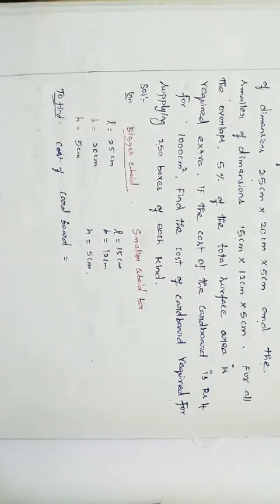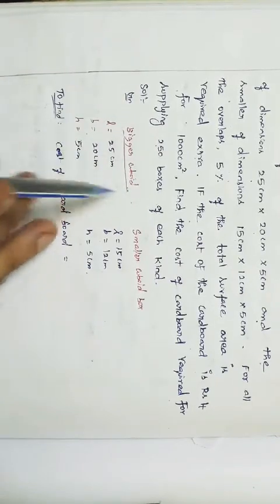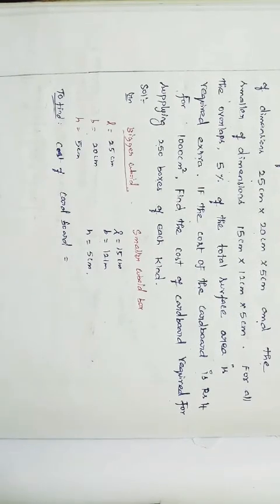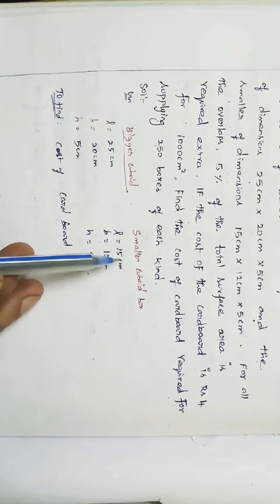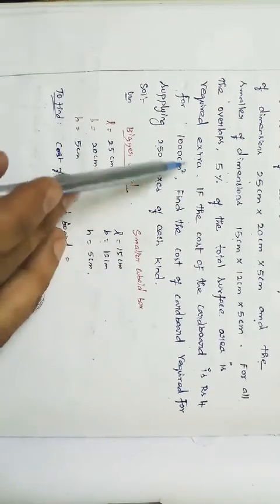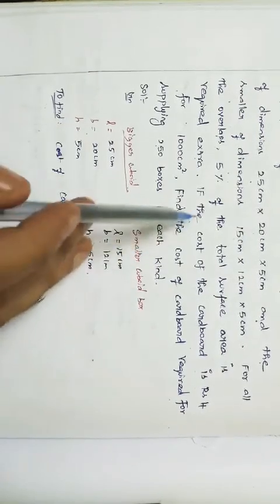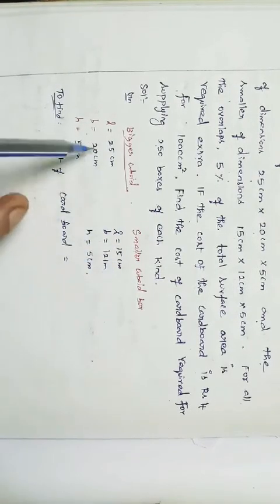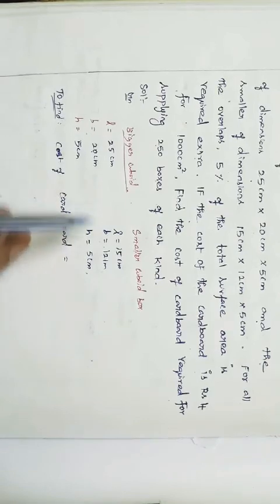So here first we want to find the area of the bigger cuboid box and the area of the smaller cuboid box, right? First I am going to find the total surface area of a bigger cuboid and the total surface area of a smaller cuboid, right? Totally 250 boxes in each, right? So we can add these two total surface areas and just multiply by 250, we will get the total surface area of 250 boxes of each kind of box, right?